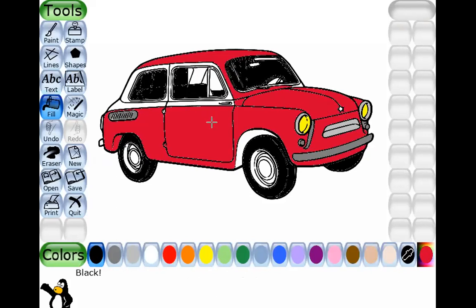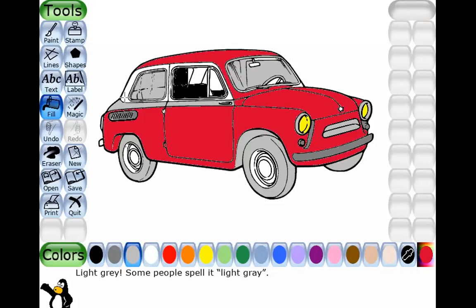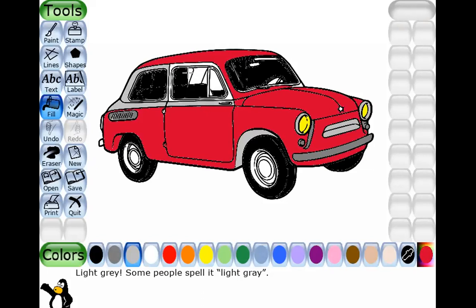If you have a PC, then you can use it to draw and color the pictures. Okay.